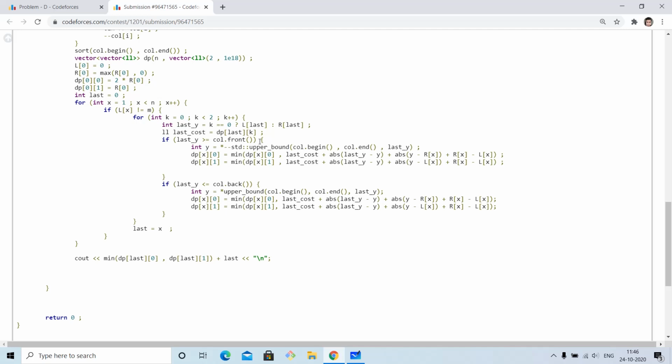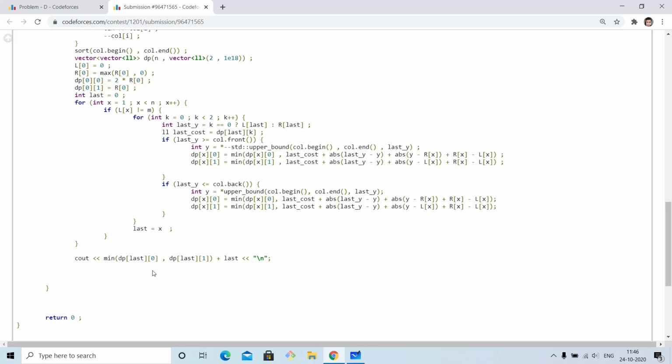That indicates that we are going to the nearest left of the x minus 1, which is the last row, to end up at the rightmost of the x row. And then this part indicates that we are not using the nearest left safe column, we are using the nearest right safe column, and that will be computed in a similar way. And then we'll update this last row to be the current row, so that we can process the next row. And what will be our answer?